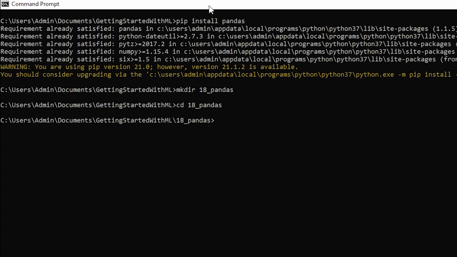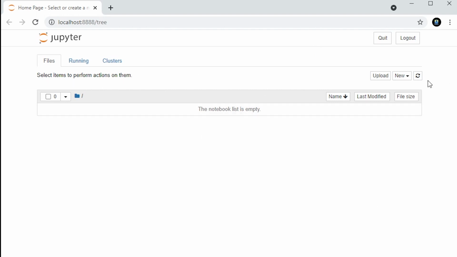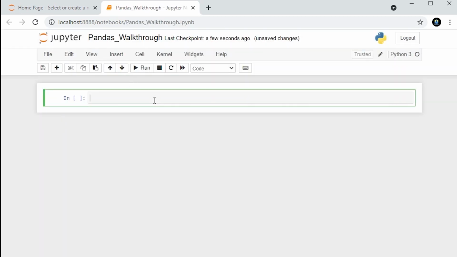I'm going to refer to the typical pandas documentation and we are going to look at how to use pandas. So let me start it. I'll say jupyter notebook. And here we go. This is my Jupyter, and now I'll say New and Python 3. I am making a new notebook, and here I'll name it pandas walkthrough. This is a walkthrough video where I will give you a glimpse of what pandas really is. I am using the standard documentation they have, which they actually call a walkthrough.